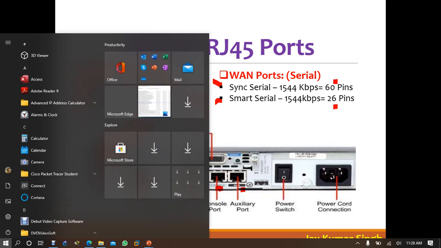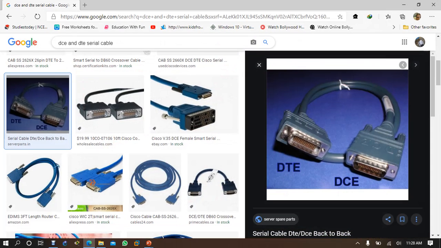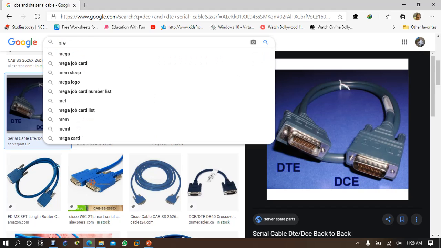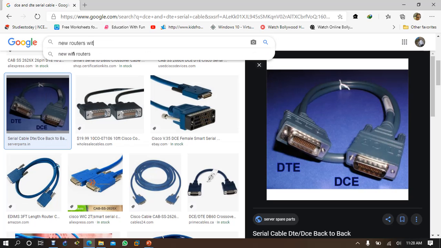Okay, I can show you. New routers without serial port.